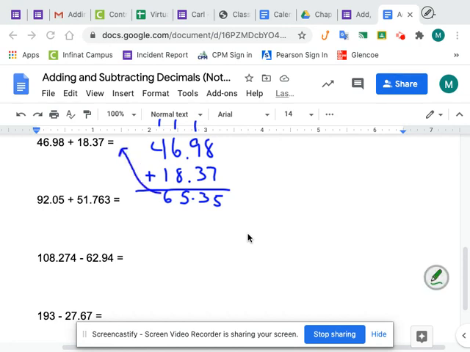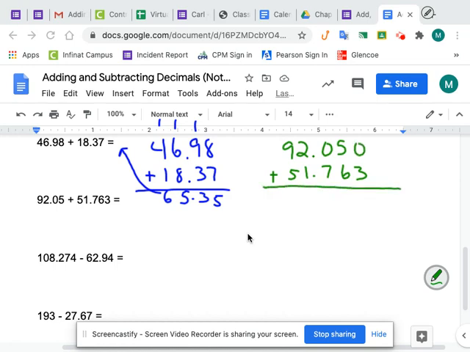When you're doing these, practice reading and saying those decimals in words and not saying 65.35. We want to really try to make sure we get away from doing it that way. Next is 92 and 5 hundredths added to 51 and 763 thousandths. So here's where I have a missing place value in the top number,